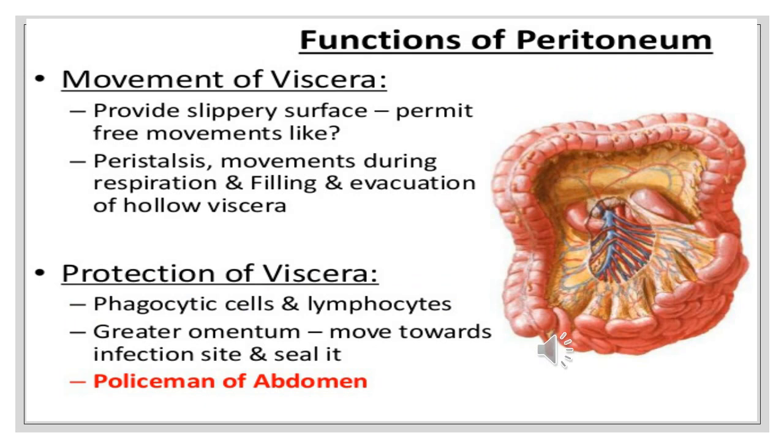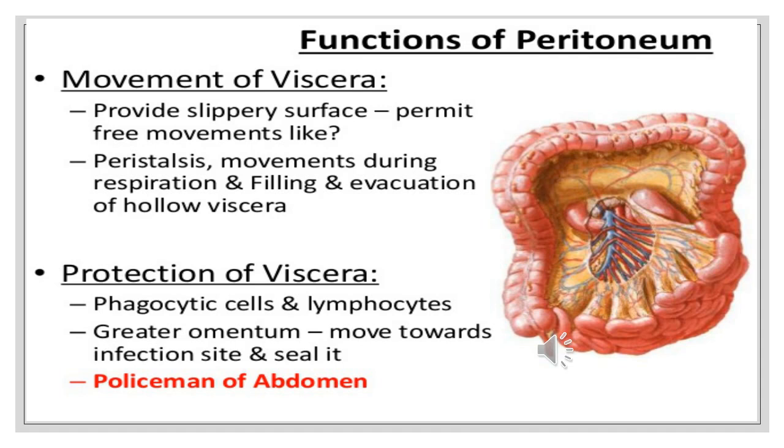The chief function of the peritoneum is to provide a slippery surface for the movements of abdominal viscera. This permits peristaltic movements of the stomach and intestine, abdominal movements during respiration, and periodic changes in the capacity of hollow viscera associated with filling and evacuation. The efficiency of the intestine is also increased as a result of the wide range of mobility that is possible because the intestines are suspended by large folds of peritoneum.